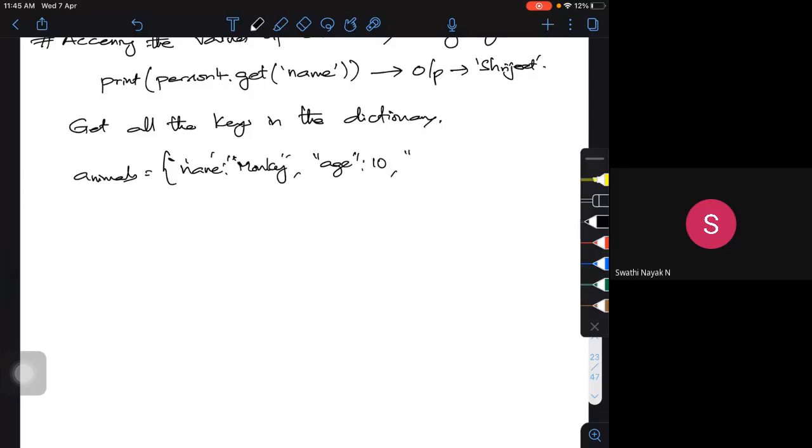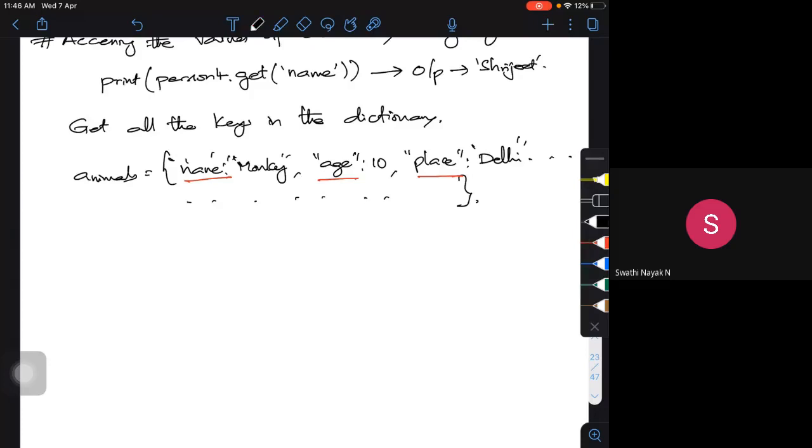Place, maybe North India, Delhi, something like this. I have around 5 to 6 key values. Name is one key, age is one key, place is one key, maybe what it eats, what it does, all those things I have put.